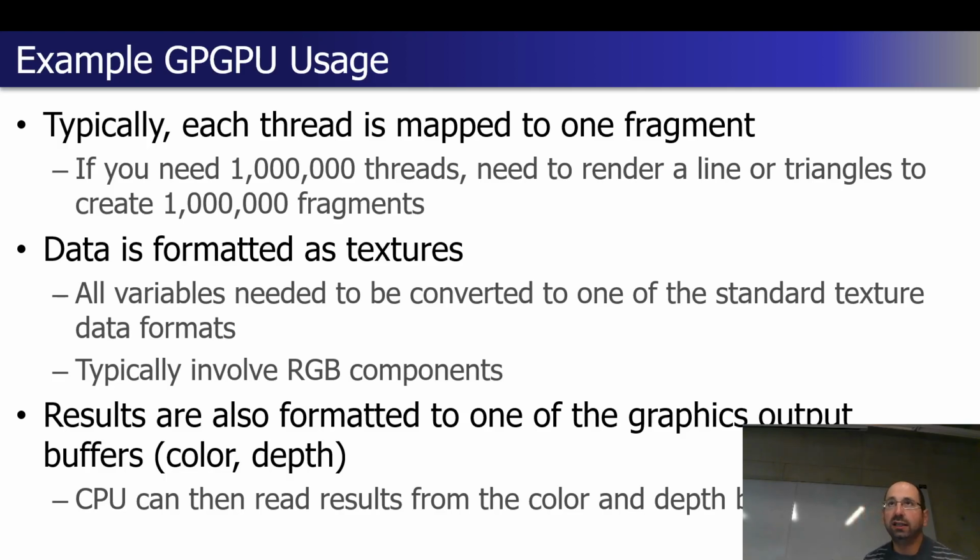The real challenges, and to the same extent those challenges still exist today, are when your data is formatted as a texture, there are those limitations. We talk about all the different types of texture formats, and all I mentioned last week was that they exist. You should support one type or two types at most, and just make sure that you have that type working. Part of the reason there's this support for different textures is that over time they evolved to support different types of computational input as well. But in general, texture is meant to be a visual object, and so you think of data in terms of RGB or RGBA components.